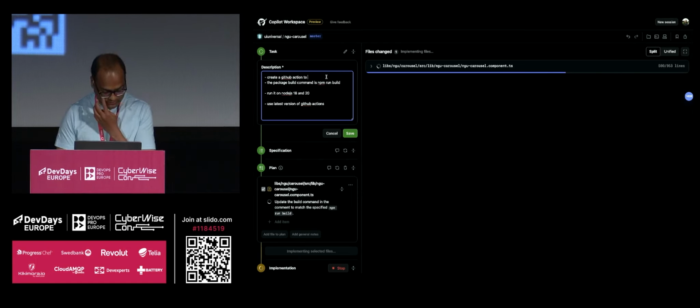Let's see what I can do. Create a GitHub Action to deploy. I already have a deploy. This is something which is a really cool example. Close stale PRs. Okay.